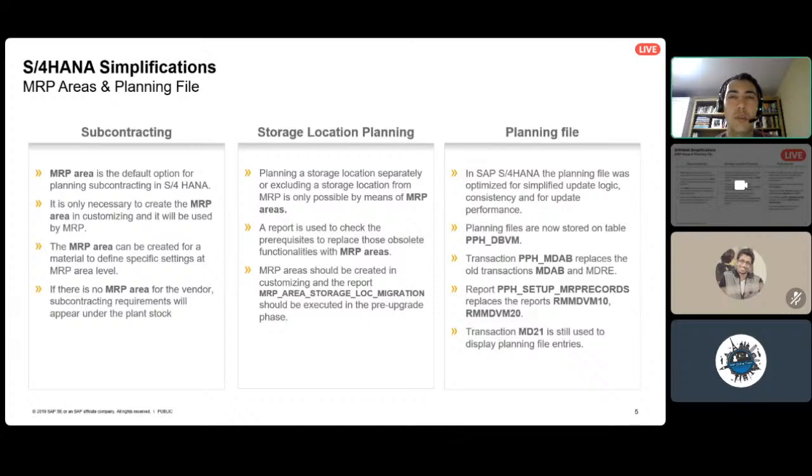Another effect of this simplification is that you no longer need to attach the subcontracting MRP areas into your material master. For storage location planning, we have a very similar simplification. In ECC, you had the option to plan a storage location separately or to exclude it from MRP. It was a very limited feature. It means that you only had the option to use a very simple reorder point for this storage location that was